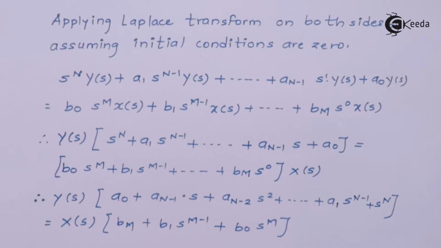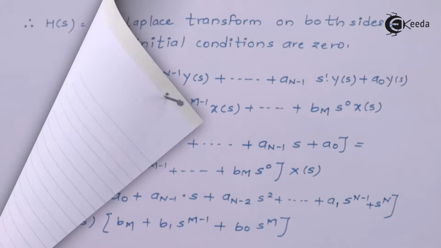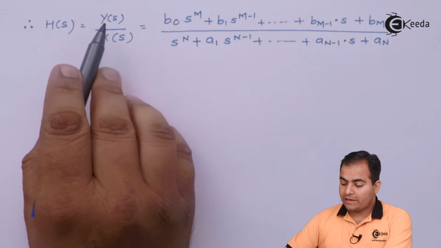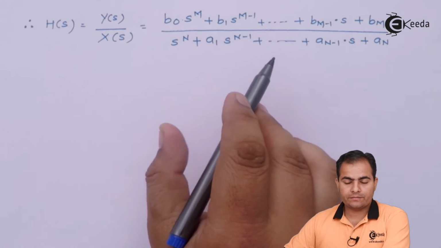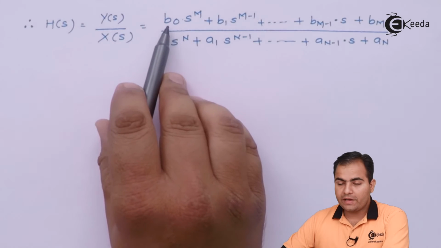Basically, what is the definition of transfer function? It is nothing but the Laplace transform of output upon Laplace transform of input. The output is represented by Y(s), whereas the input is represented by X(s). So if I take the ratio of Y(s) by X(s), what you will get? Let's see. So after taking the ratio, you will get this type of equation, where in the numerator we have all the